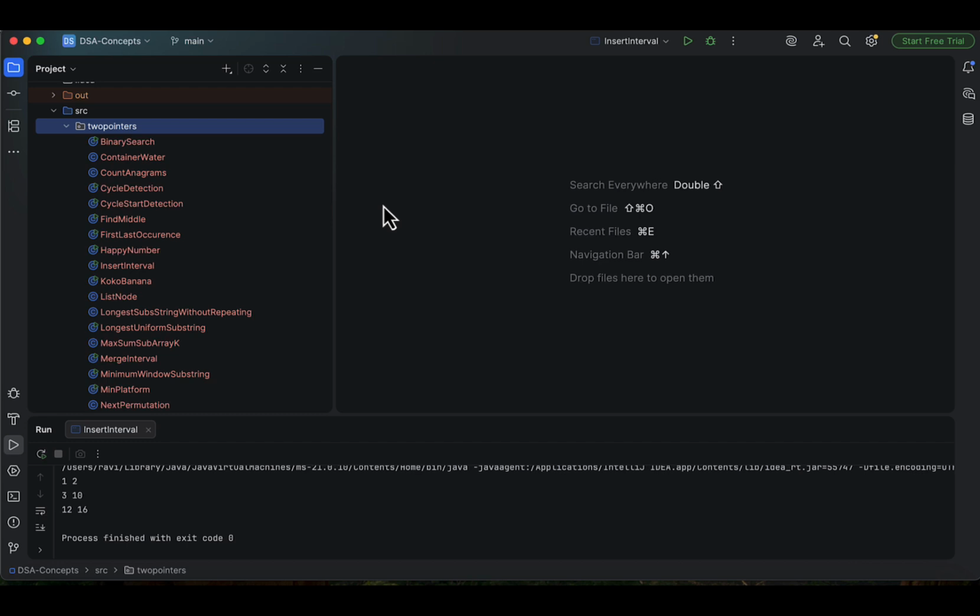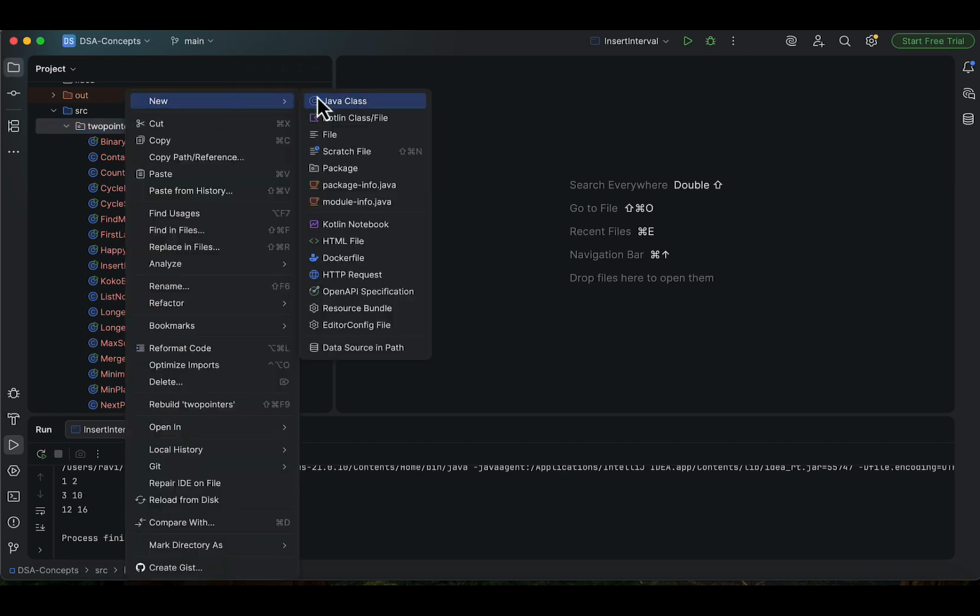This idea becomes extremely powerful when we are going to solve the sub-array problems, and it is widely used in interviews also. So okay, let me create one class